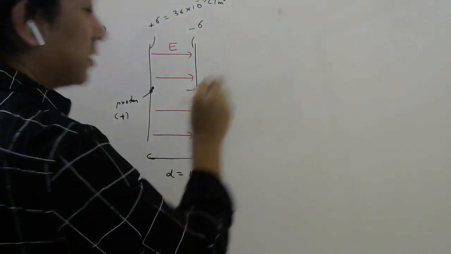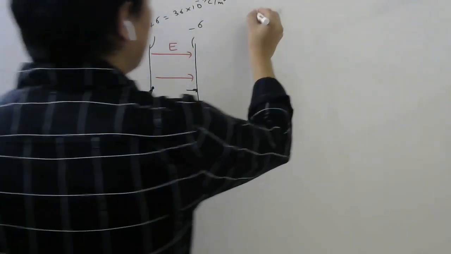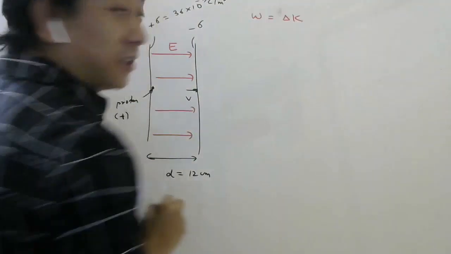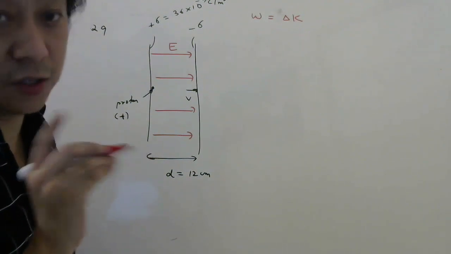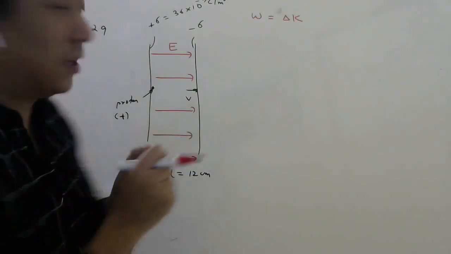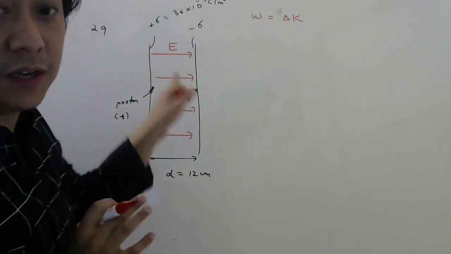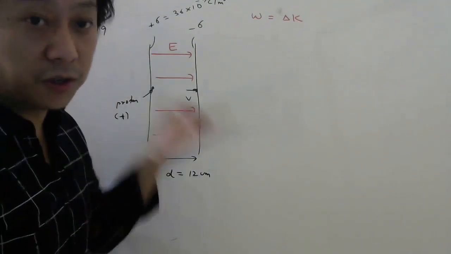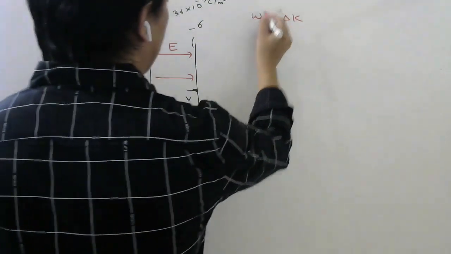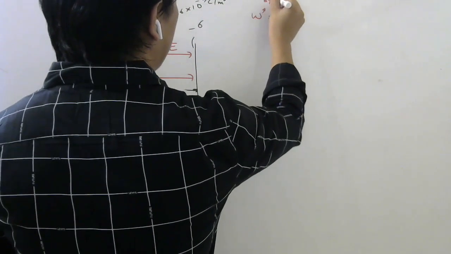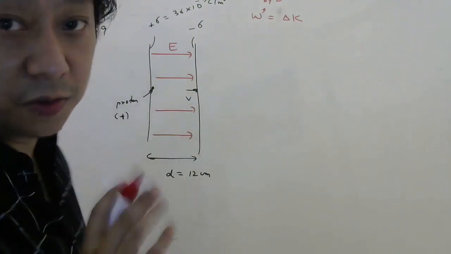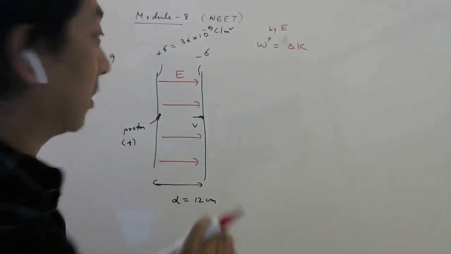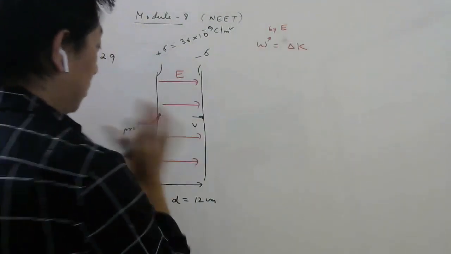Now look here, there are several ways to do that. One of the easiest ways is work done is equal to change in kinetic energy. Here an external force is not acting. Pankaj sir is not pushing the charge. I am just releasing the charge in what field? Electric field. Understood? So work is done only by the force of the electric field. No external force this time. Only the electric field is doing the work. Now how much work will the electric field do? Think carefully, all of you.